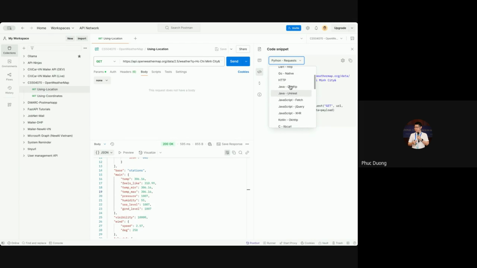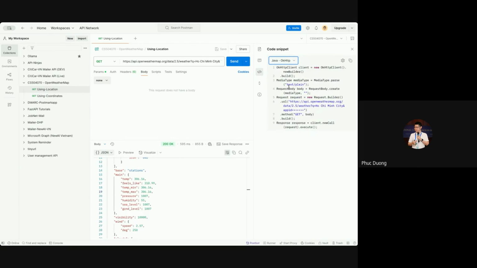If you want to use Java, you can select Java and it generates the Java code for you. Or if you want to use the terminal or command line environment, you select cURL.